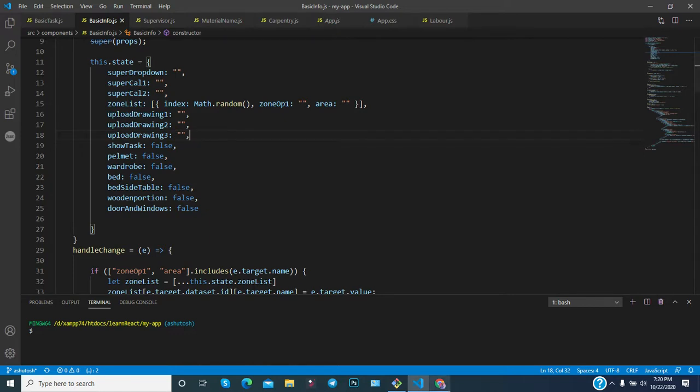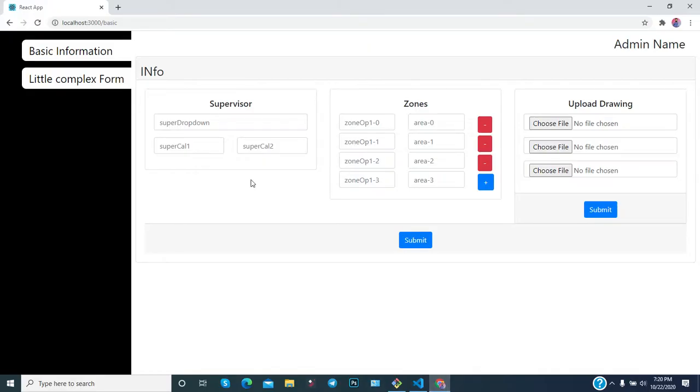As you can see, this is the static field, super drop down, super shell 1, super shell 2, these are static, right? And upload drawing, all these are static. The main point is that if you are using React, then you can utilize the component concept also.